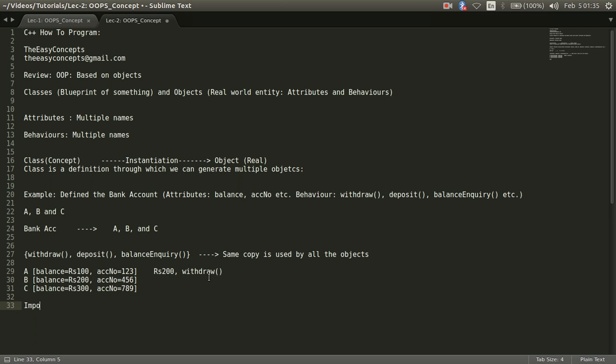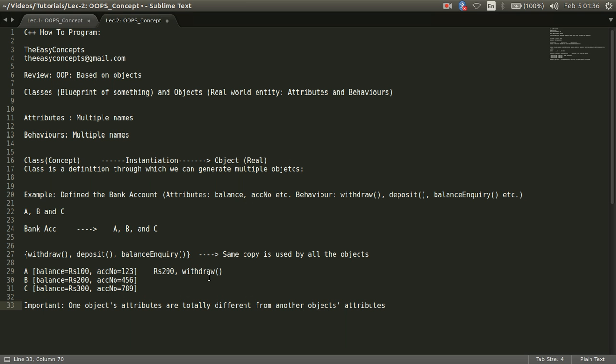So the important point here is one object's attributes are totally different from another object's attributes.